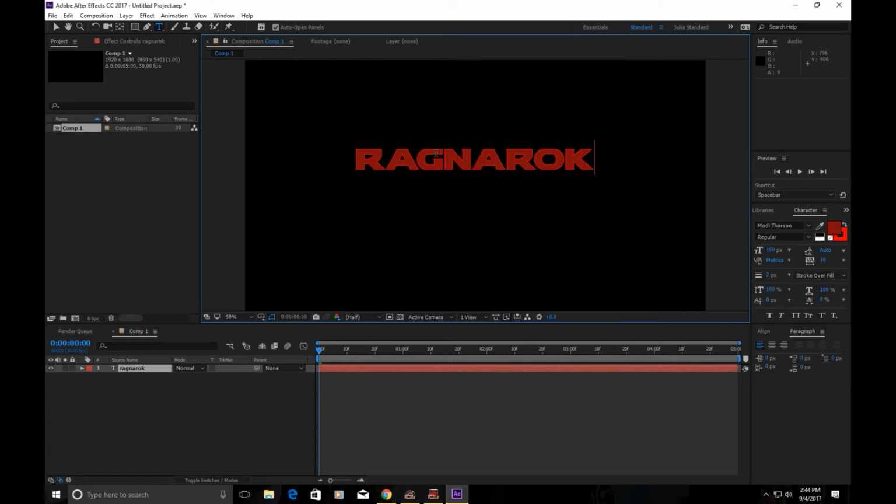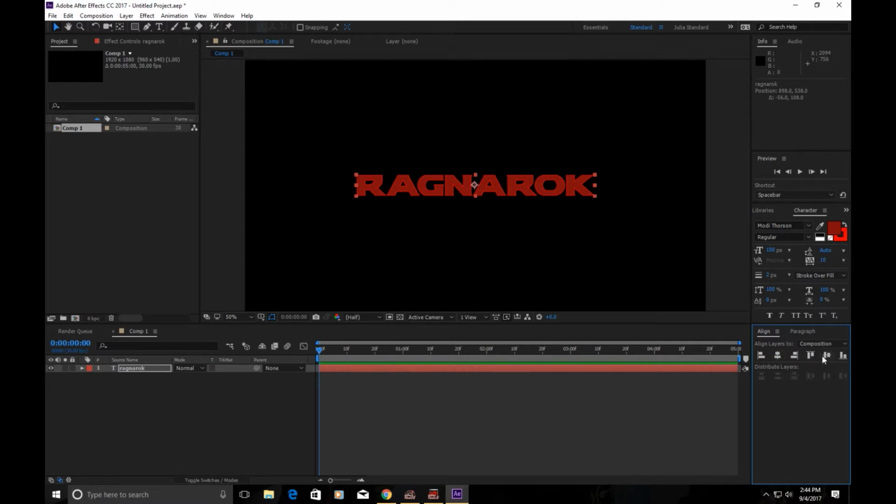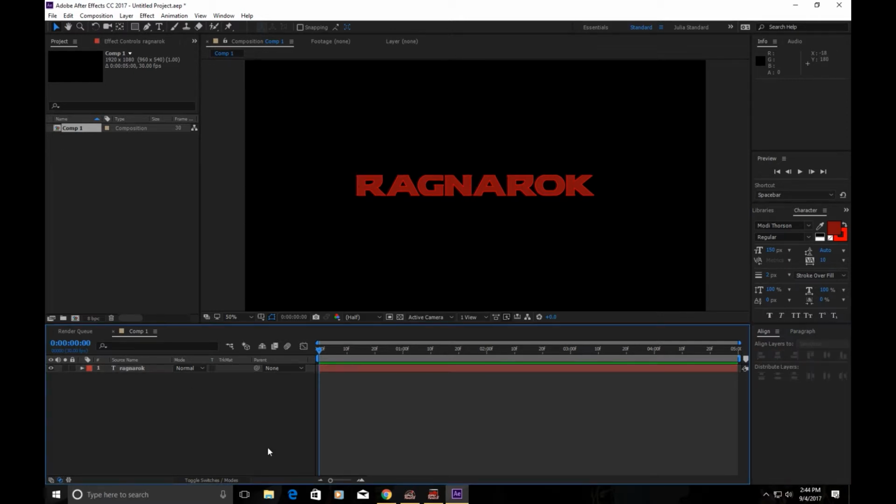Now this is not exactly the font that they use in the film, but I believe that was designed in-house and is not actually a typeface that is available. Now this font's a red color, and that's okay. We're going to use a paint layer on top of an extruded red text layer to create the false 3D effect. Alright, now that we've got everything ready,